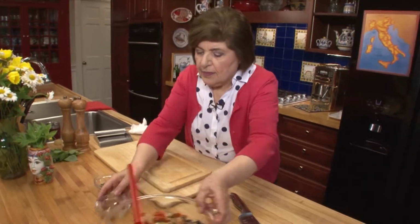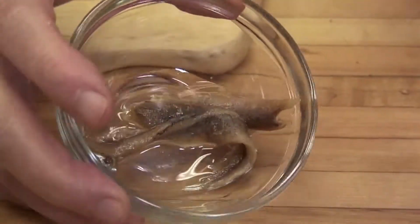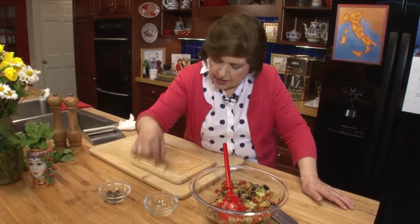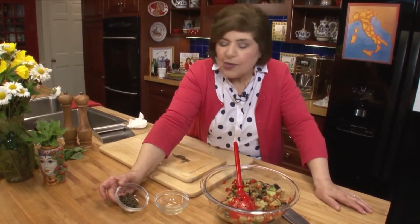Well, we cannot make a caponata without some anchovies. So here we have 2 anchovies in oil. You can buy that in your grocery store. You could get anchovies in salt if you wanted to, but if you did that, then you would have to really rinse the anchovies off. But these are in oil, and I like to buy the imported ones, so look for something that is pretty authentic. So 2 anchovies go right there,